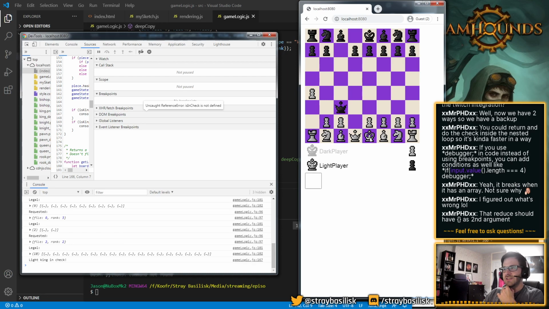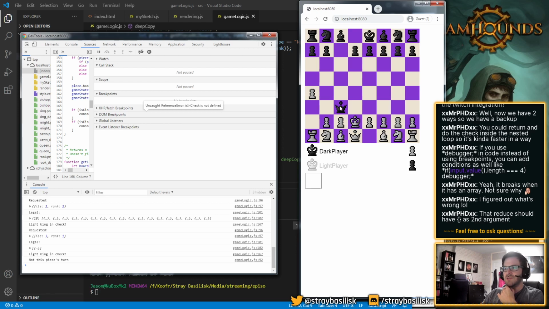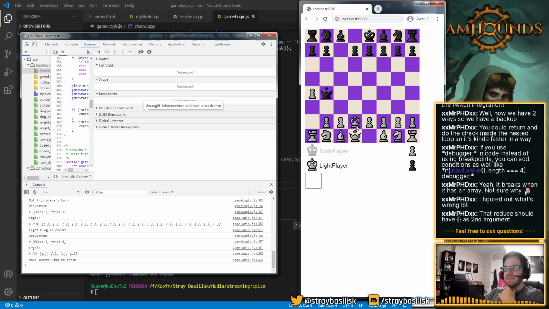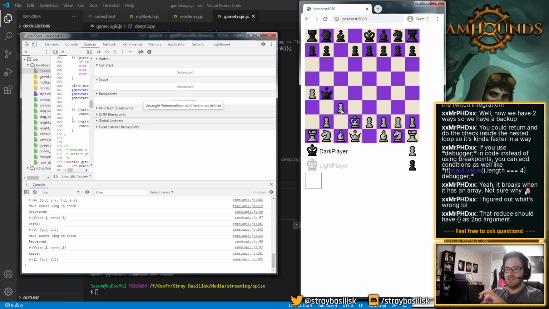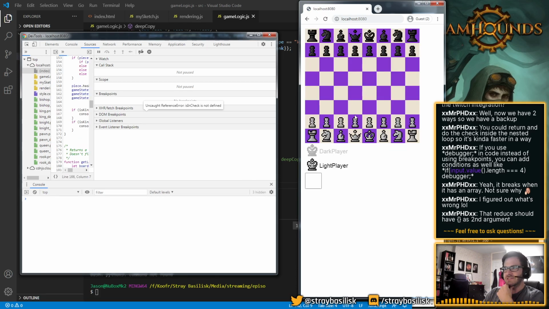Okay, leaving king in check. It's apparently legal, but that's not right. Okay. Yeah, that's the thing where the king is blocking itself, so if it's light player, I shouldn't be able to do this because it leaves me in check. Okay, well, I should be able to do this. Okay, so the one issue is the king can still block themselves. So let's figure out what's going on in that situation.